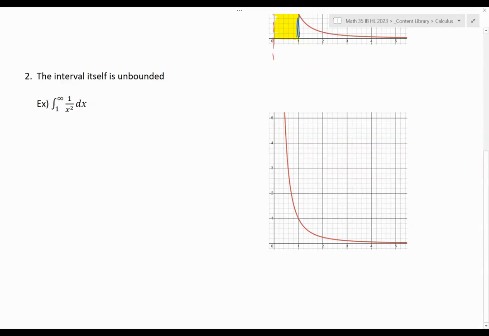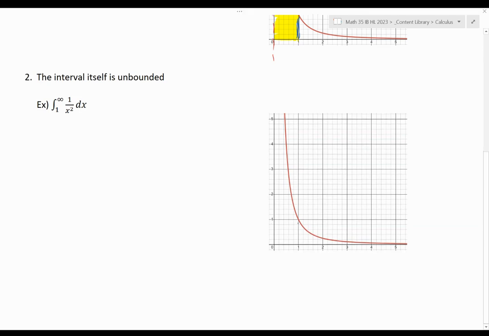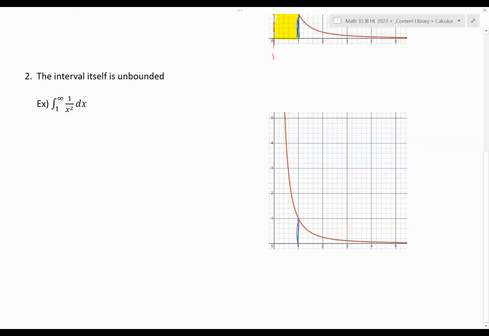Another situation can occur if the interval itself is unbounded, and this is what we're going to focus on a little bit more in our particular course. That is where my integral involves either one or the other, or possibly both boundaries being negative infinity or infinity. An integral from negative infinity to infinity would be extra improper because it's not a continuous interval, so that's a whole other ball of wax that we're not going to deal with. But if I go from 1 to infinity in this instance, it's still going to represent an unbounded area,